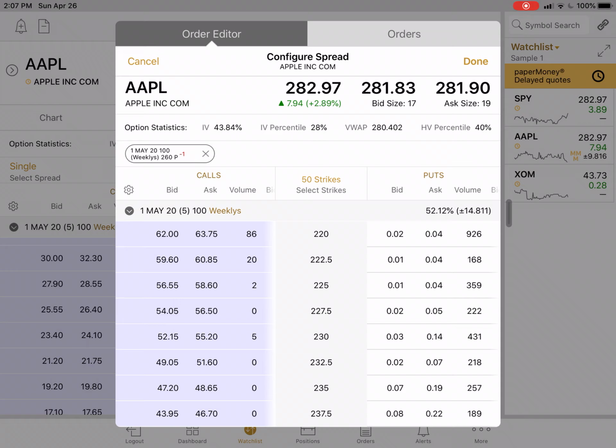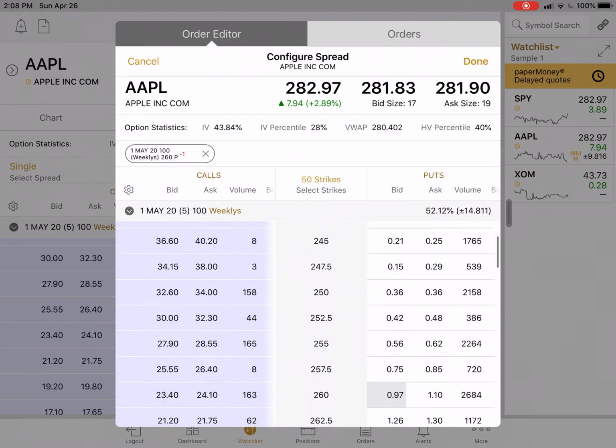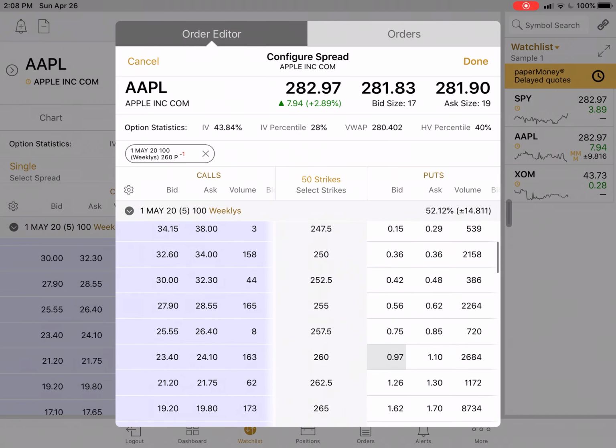Now I can add up to 4 legs with the order editor, and that's all I need for an Iron Condor anyway, so that's actually quite nicely set up. So our current one is already chosen to be 260 at 97 cents. This is the one that we are writing on the downside. So I need an insurance, and just to follow the class example, I'm going to buy a protection and insurance at 250, $10 lower, $1,000 risk, and the price for that 250 is 36 cents on the ask price,